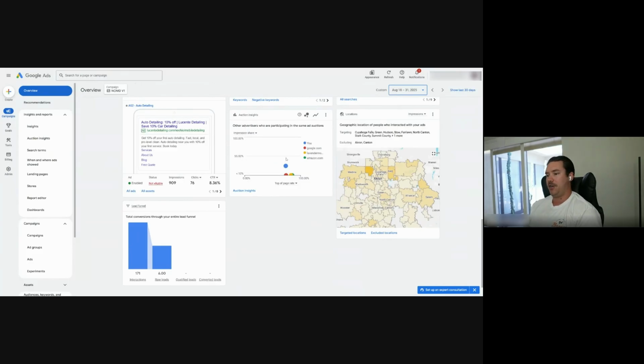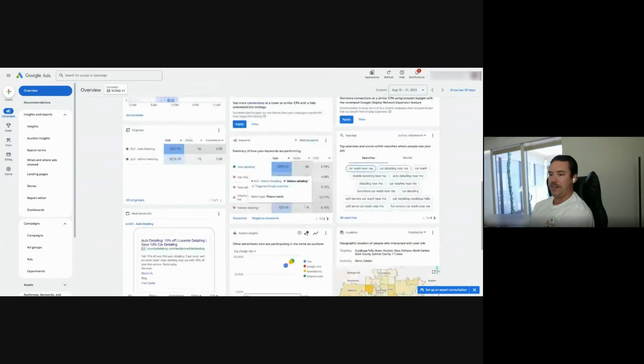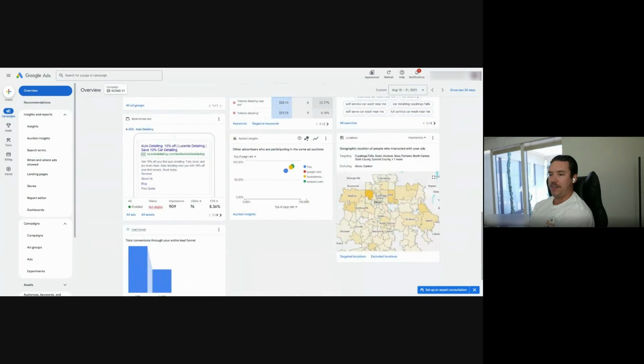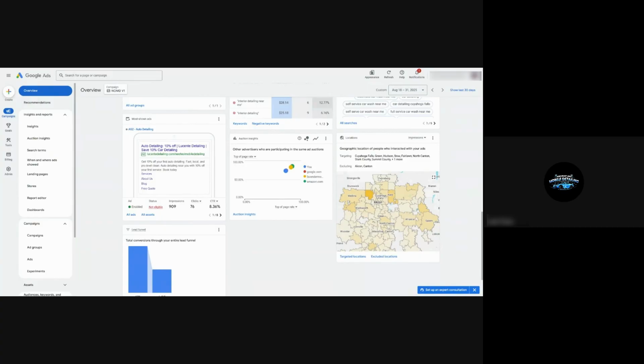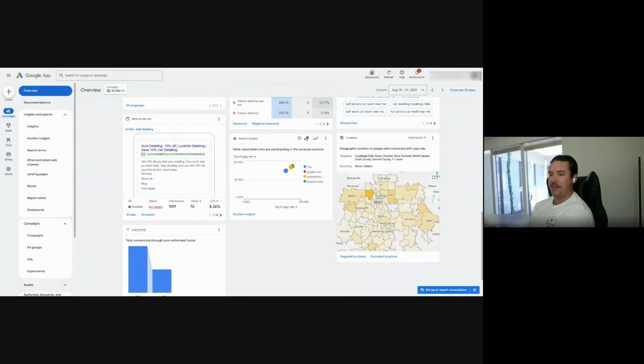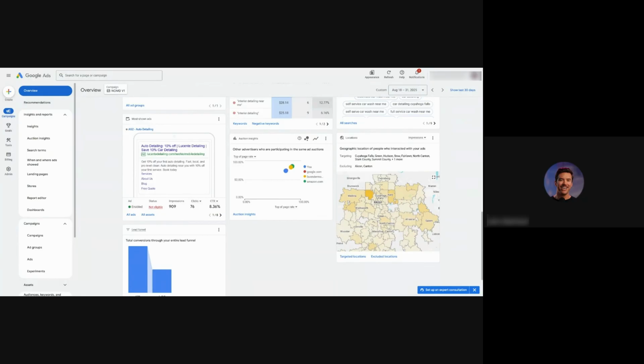Then you'll be able to see who's winning, how many people are spending more than you, your outranking share, how often you're top of page. The fact that Amazon.com comes up at the top of the page more than you do for searches that trigger what you're advertising for is also not great, because Amazon sells products, right? So you really got to make sure they're people looking for detailing services, not buying cleaning products or cleaning chemicals or squeegees or brushes, right?